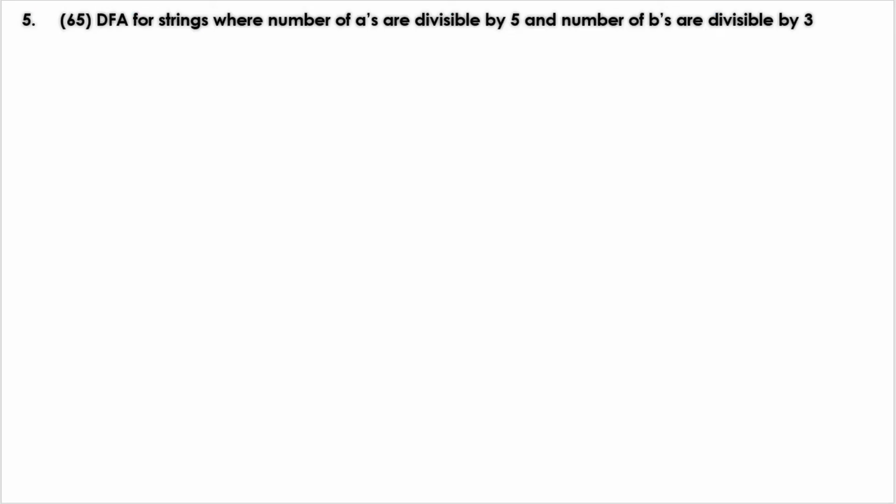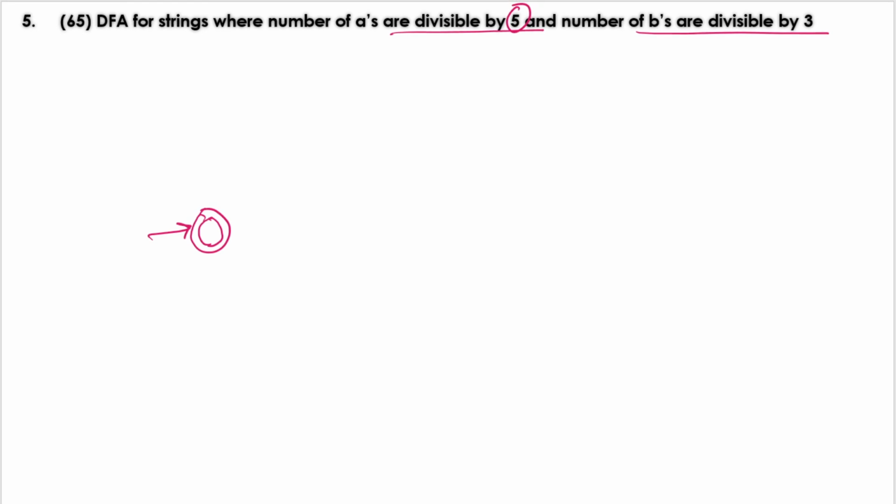Okay, so next we have the same question, but here the condition is changed: the number of A's is divisible by 5 and the number of B's is divisible by 3. We will follow the same trick, starting with the initial state as the final state. Now the bigger number is 5, so the number of A's must be divisible by 5. So keeping track of the number of A's as A1,